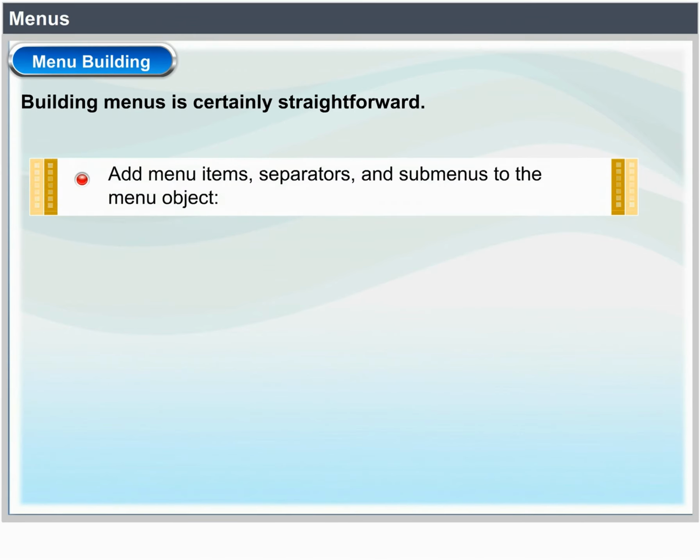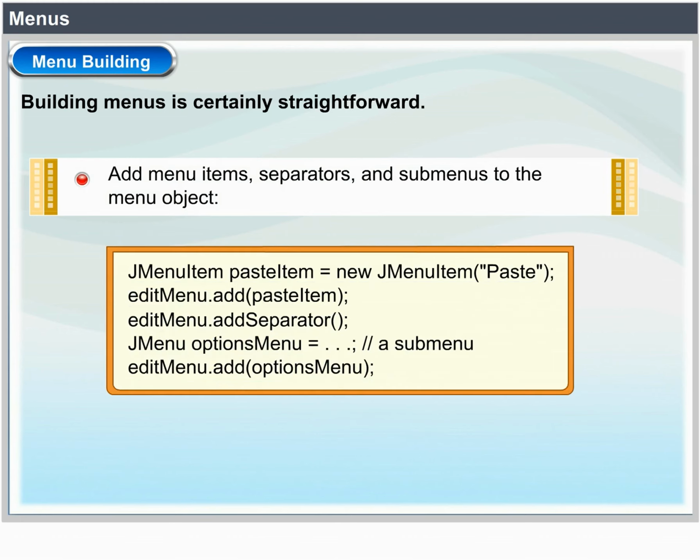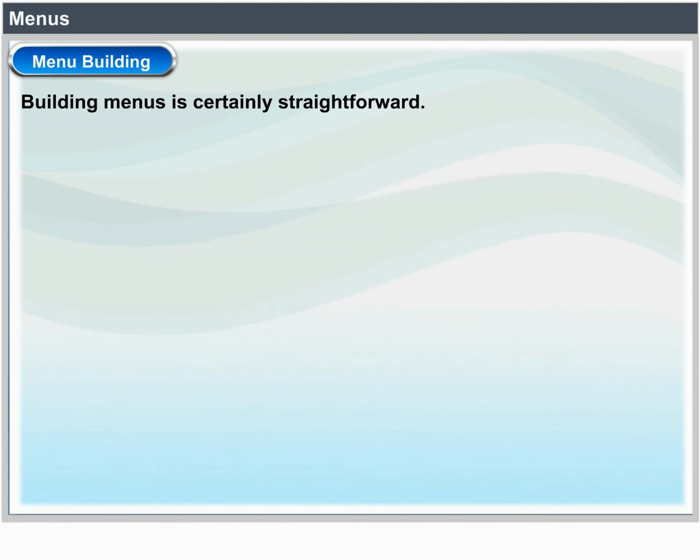Add menu items, separators and submenus to the menu object. JMenuItem pasteItem = new JMenuItem("Paste"); editMenu.add(pasteItem); editMenu.addSeparator(); JMenu optionsMenu = a submenu; editMenu.add(optionsMenu);